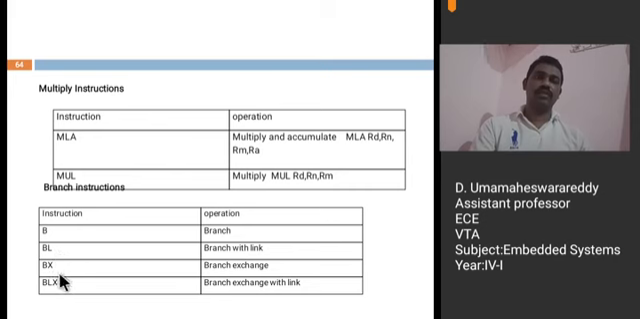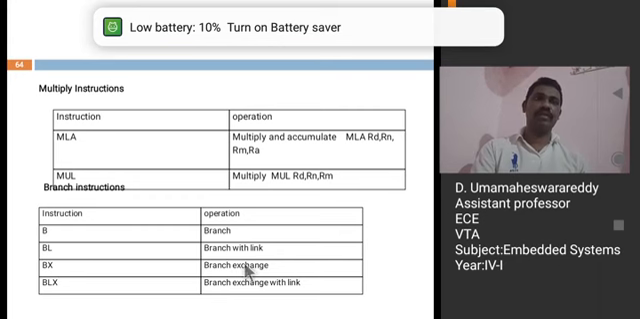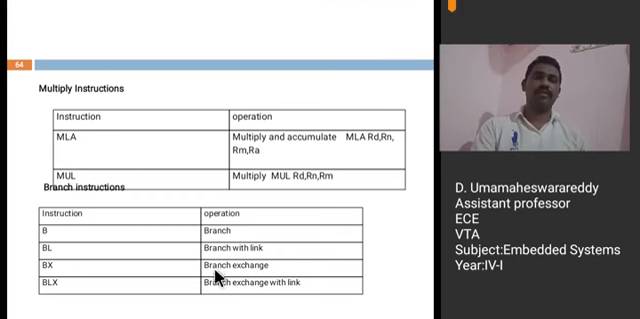Next one, BX. BX means branch exchange. See, the BX instruction causes a branch to the address contained in the register specified, that is Rn, any register specified, and exchanges the instruction set if required. It exchanges the instruction set if required after branching. That means if bit 0 of Rn register which is specified in the BX instruction is 0, then the processor changes its instruction